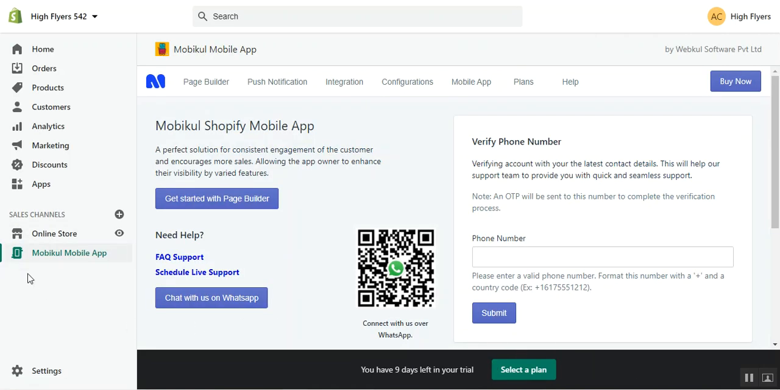So now you can see that the Mobikul Mobile app has been installed under the sales channel on the left hand side here, and here we have the different options for the Mobikul Mobile app builder itself for your mobile application for your Shopify web store. So that was pretty much